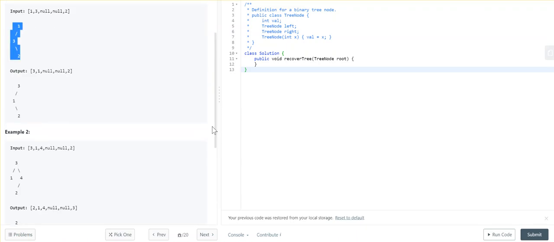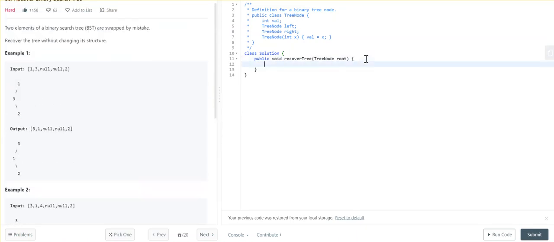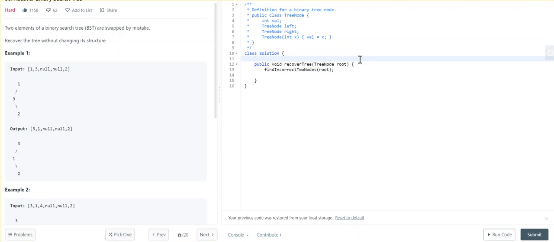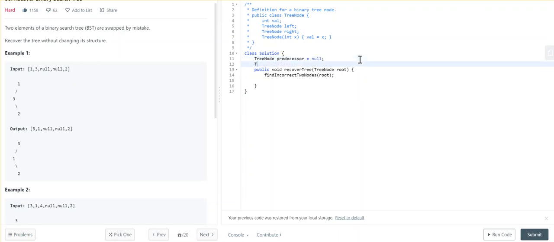Okay. So what we're going to do is we're just going to have a recursive function, find correct two nodes. Let this be the recursive function, and I'm going to say root. And once we find that, we will swap those two values. So we need to have some variables to keep track of those. So what I'm going to do is I'm going to say TreeNode predecessor. This is for identifying violations. So this is going to be null, and then we are going to have TreeNode firstIncorrectNode,